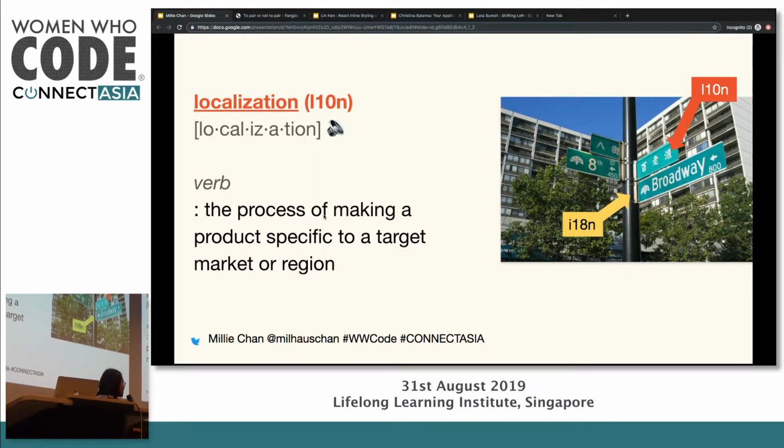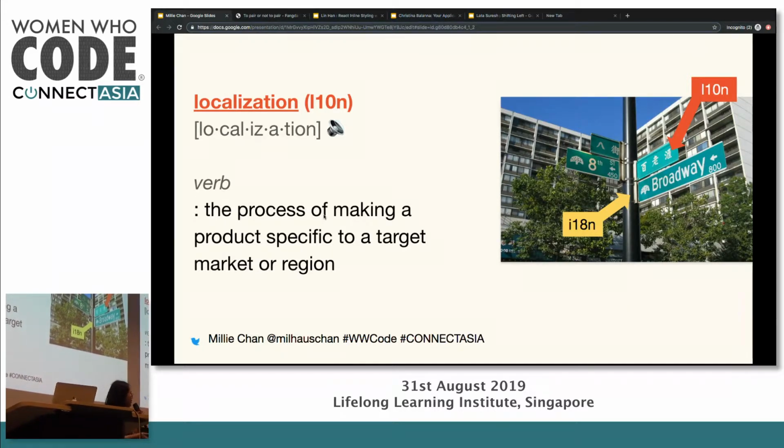So in this case of the street sign pole, you can think about the localization part as the actual text that has been translated into Chinese, because the region has a lot of Chinese speakers. So I-18N, the physical bolts and hinges that are holding up, so infrastructure piece, and then L10N is the actual translation piece.